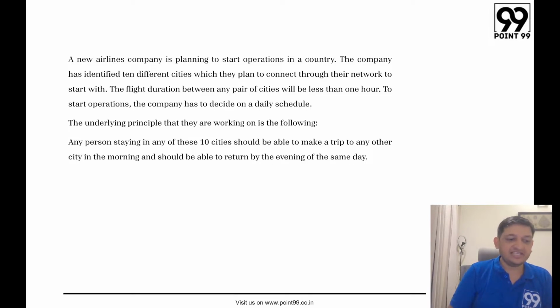Take some old CAT paper, 2022 or 2021, any CAT, and do one attempt and see where you are. If you are easily scoring in the 80th percentile or the 85th percentile, you are relatively well disciplined, then no need to go ahead and join an institute. You can continue with mocks and see how that goes. If, for example, you are not scoring that 80th percentile, if you don't think you are very disciplined, so to say, that every day I will sit for 8 to 10 hours and do this work, if that seems even a little difficult, then maybe it's better for you to join an institute,